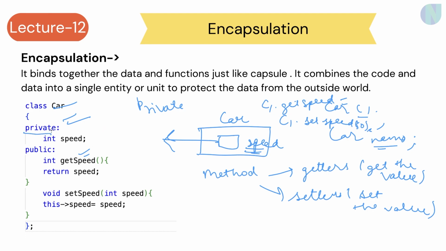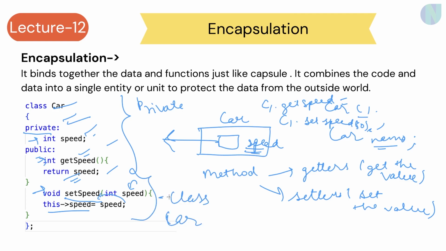So basically a private data member is being declared here, and then in the public section I am setting the speed here, like I'm giving void setSpeed, I am giving a speed, and this.speed, this keyword refers to the class. So the class's speed will be set into this particular speed, and then return speed would give this current speed which is set into this particular class. So basically getSpeed and setSpeed, we get the speed and we set the speed, and speed here we have made private. So as you can see, this is a particular example of a class. So we can say for encapsulation the best example is a class.